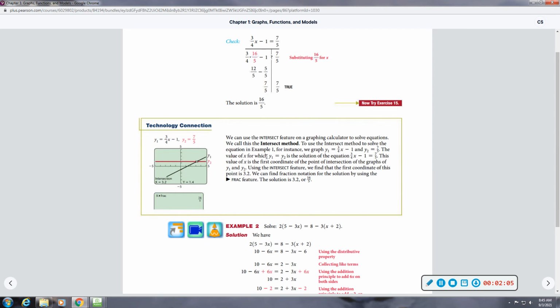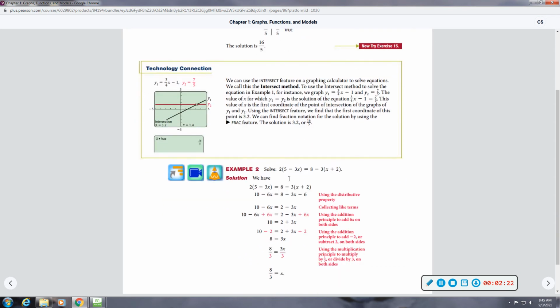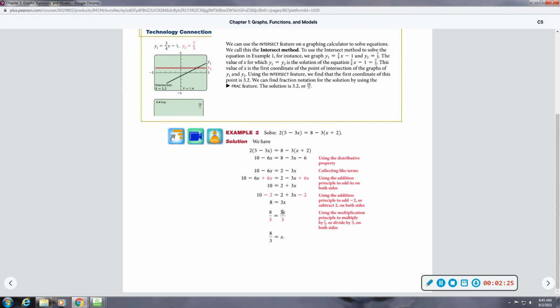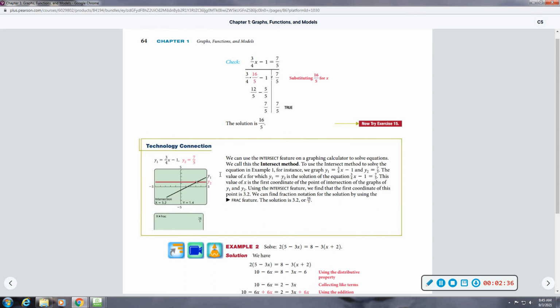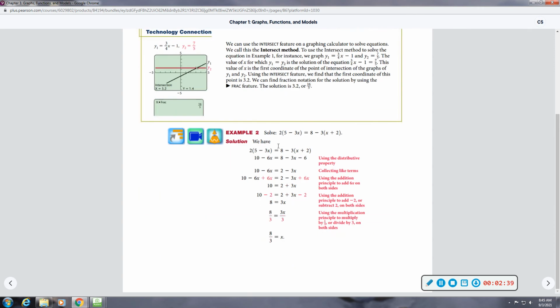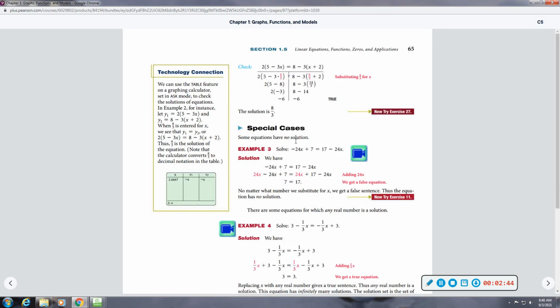This tidbit is pretty good. It shows you that you can solve these with a calculator using an intersection method that explains the process. I can show you this in class if you would like to see it and you have a graphing calculator or the ability to use one. Other than that, it just shows you another example. I think they do it with the graphing method, and it may be the same problem, it may be a different problem. Maybe that's the previous problem that they're showing with the graphing method, but they do show you another example solving it without fractions. So you got one with fractions, one without fractions,